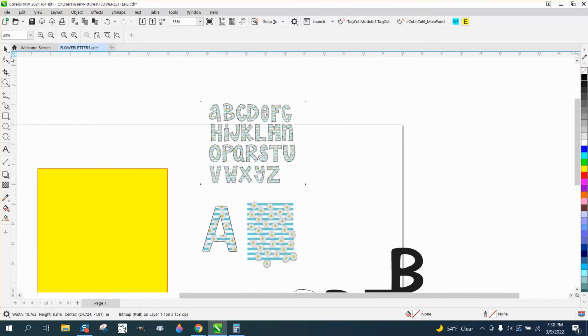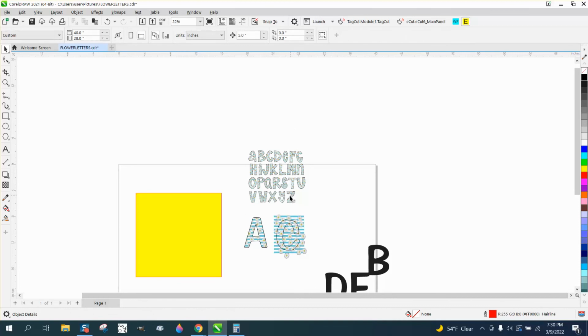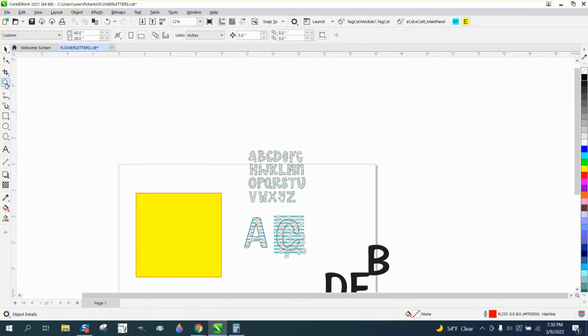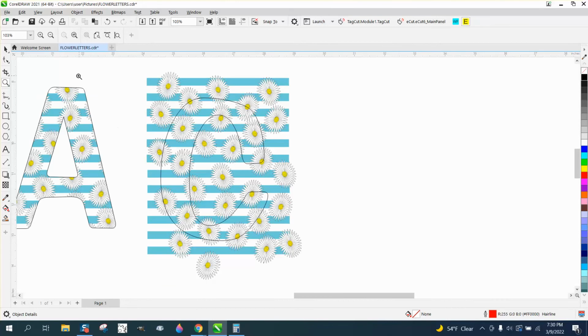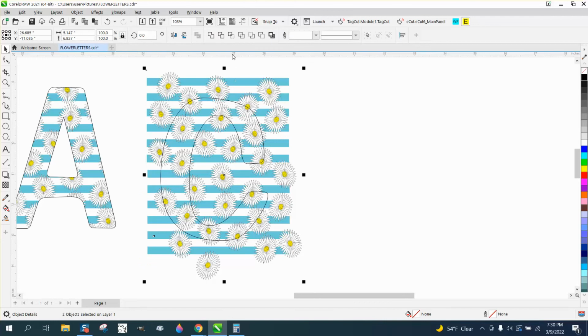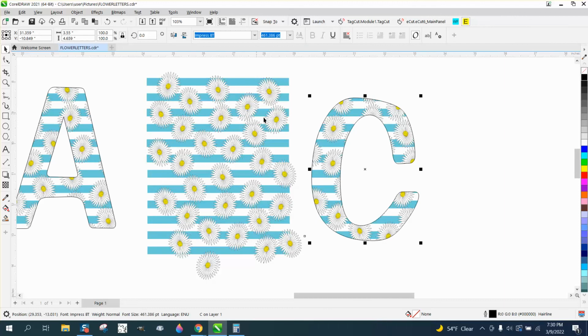And then you just pick your text that you want, and we'll put the C. And this is where you want to nudge. So this thing is like less than 5 inches, so we can nudge. And the good thing about it, you can keep doing the same thing over and over and over to each letter. So select it all and intersect, then nudge it over, and then nudge over your outline, and you could